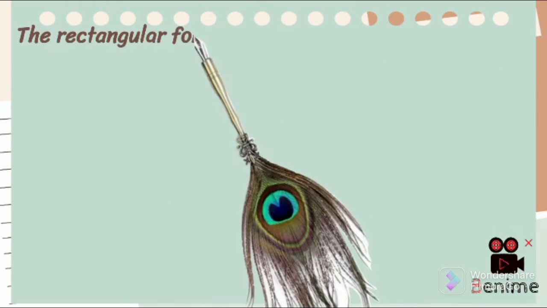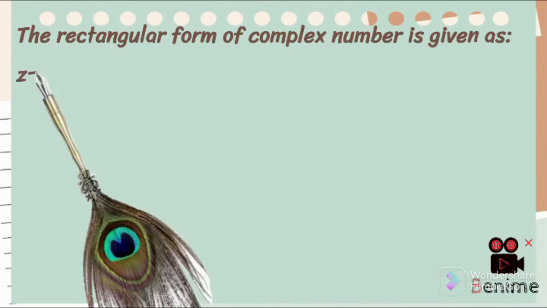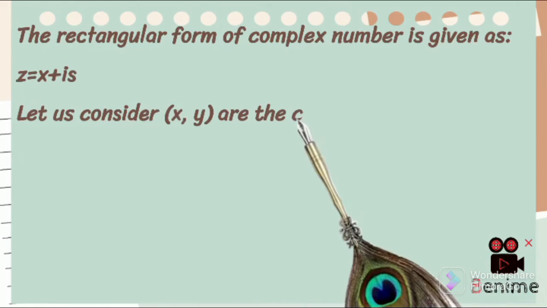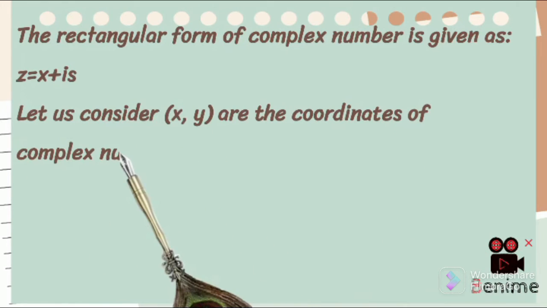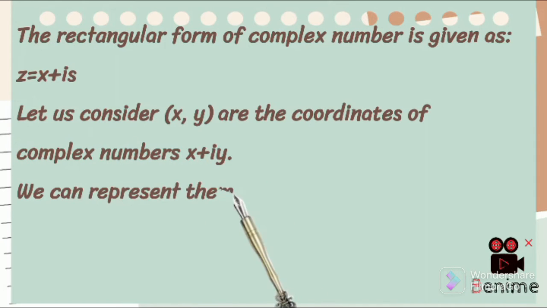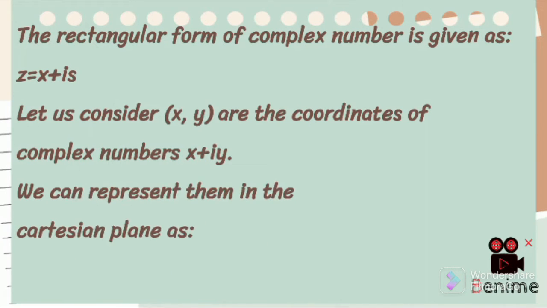The rectangular form of a complex number is given as z equals x plus iota y. Let us consider x, y as the coordinates of the complex number x plus iota y. We can represent them in the Cartesian plane as